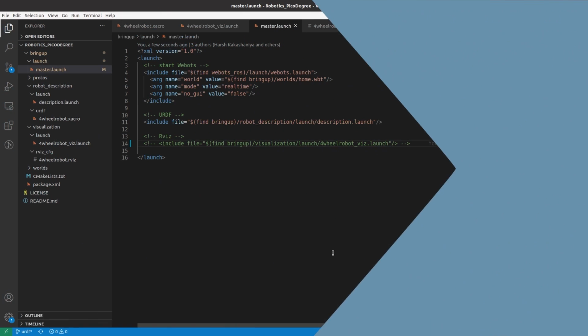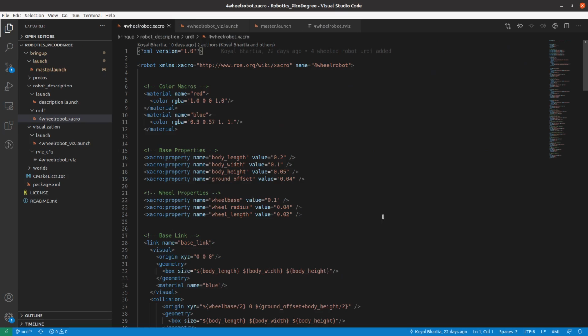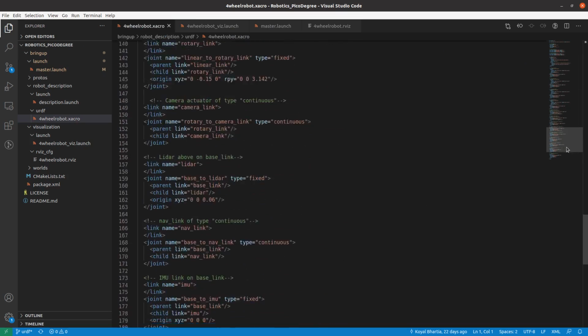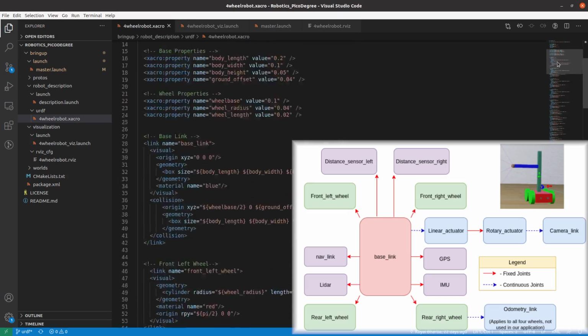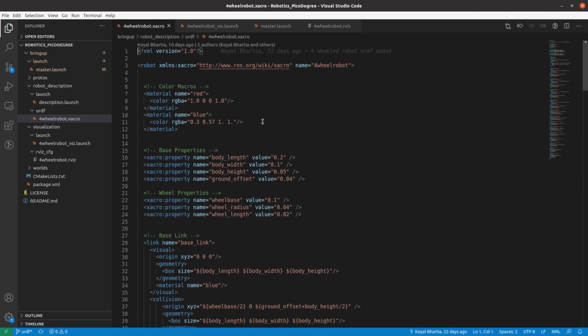Now let's get into the main crux of the video and understand our xacro file. This is a xacro file for our Stark robot. This is what the beautiful plan that we made converts into. The xacro file is basically short for XML macro. It is written in an XML format.